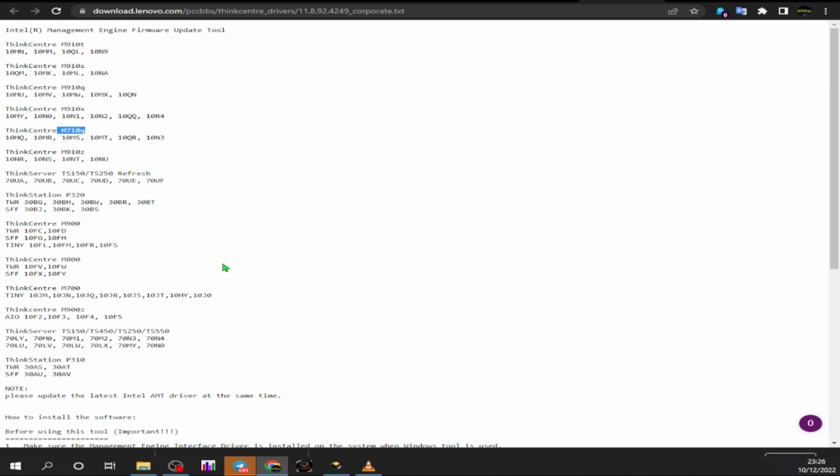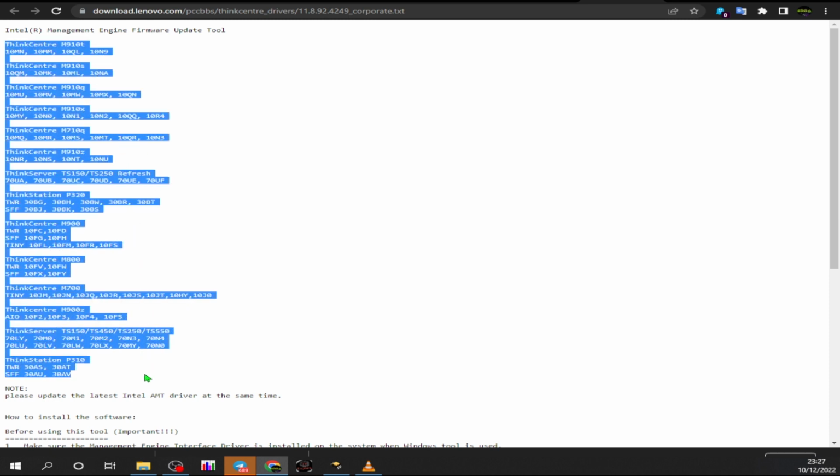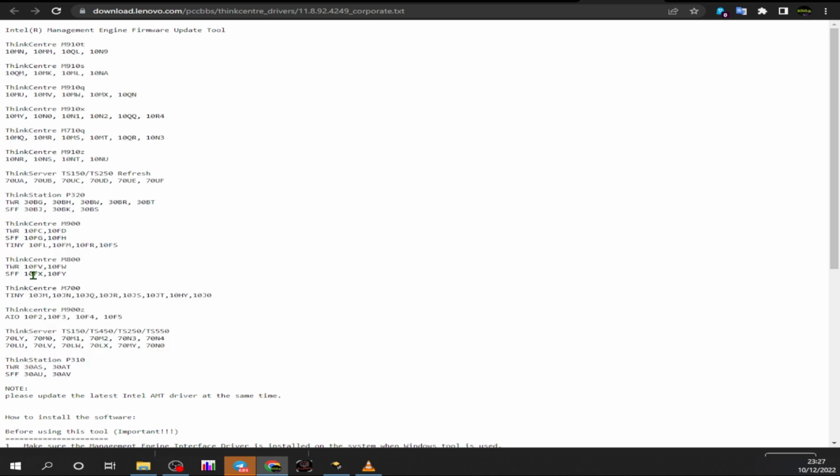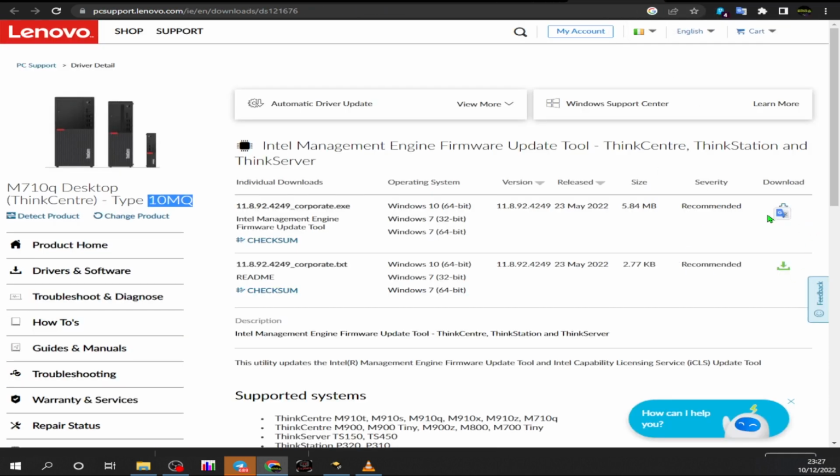our model. It's present here, M710Q, and this file is in fact appropriate for all these machines, so it can be used with any one of these machines. So we have all the models with which we can use this file here. Let's close this and let's download the